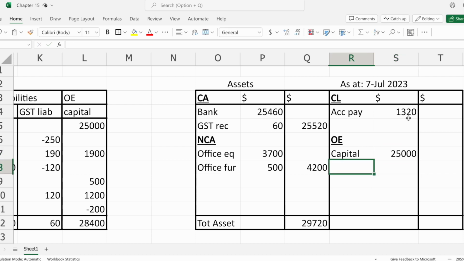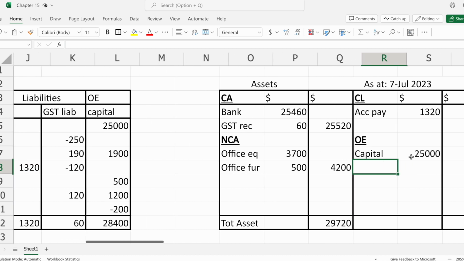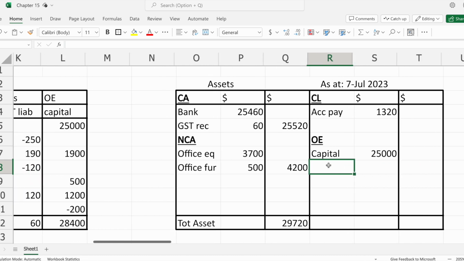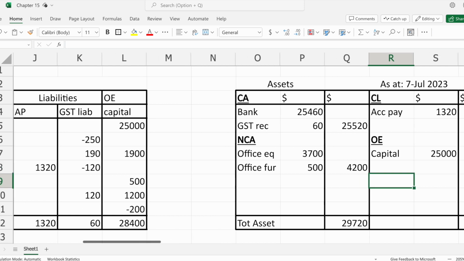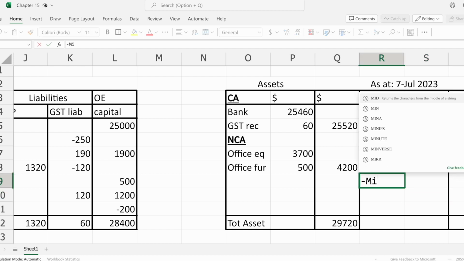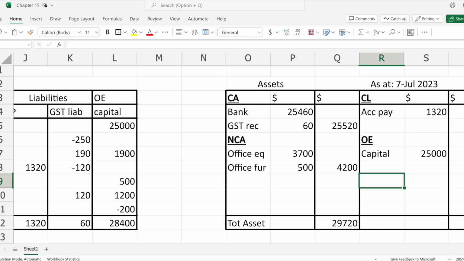Now we know that a total of 28,400 was the owner's equity. So we have two more. Our first one, we'll start with the drawings. So when we minus drawings, my bad, when we minus drawings,